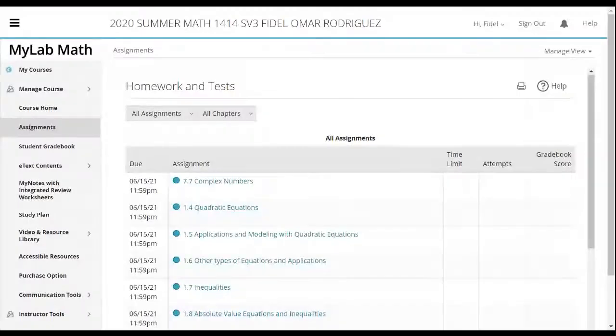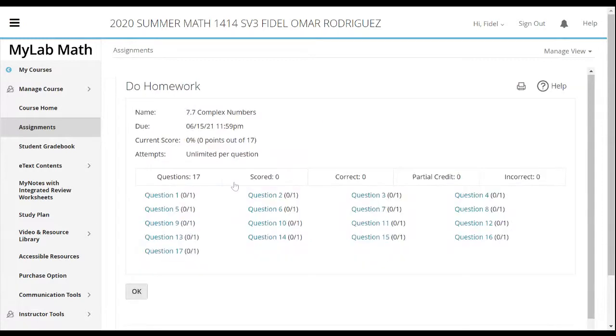Okay, so now I'm sharing the screen where we have our assignments in my lab. I'm going to click on the first one, which is 7.7. I want us to go through just a couple of problems here so we can get the idea of what I'm supposed to do. I'm going to click on question number 1. It opens up in a new tab, in a new window, so let me share that with you all so y'all can see that. All right, here we go.